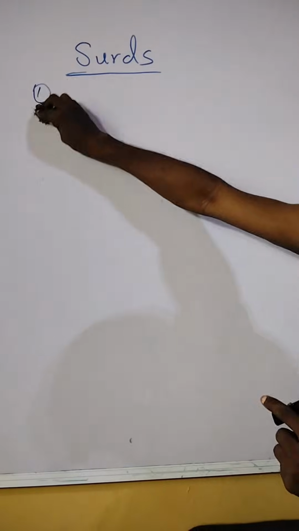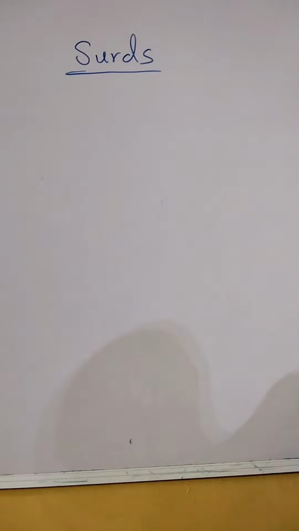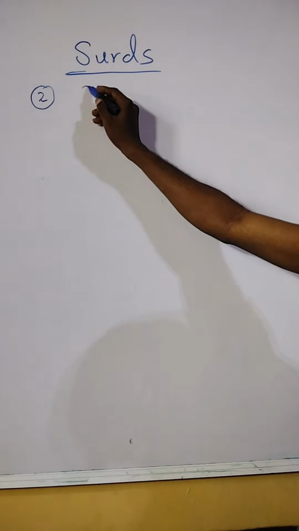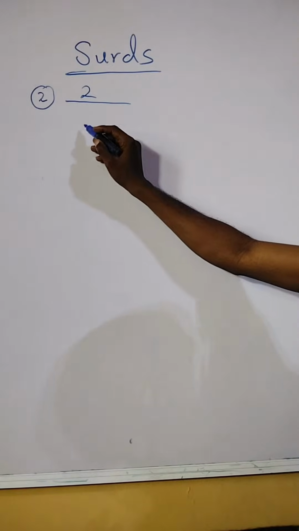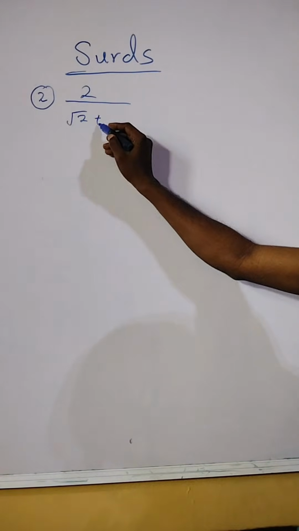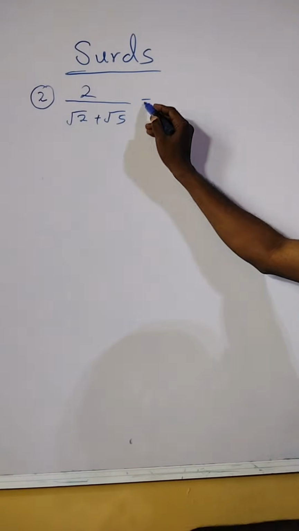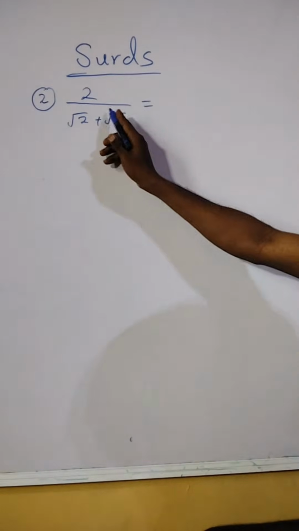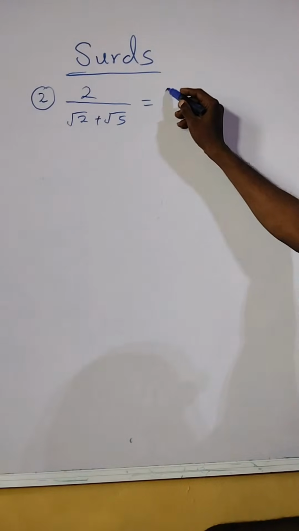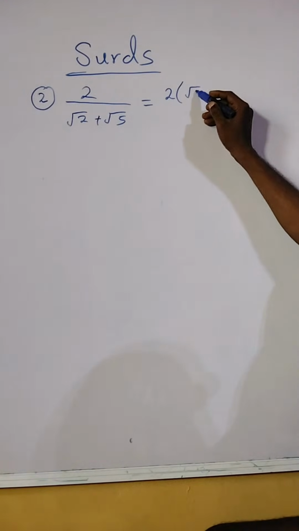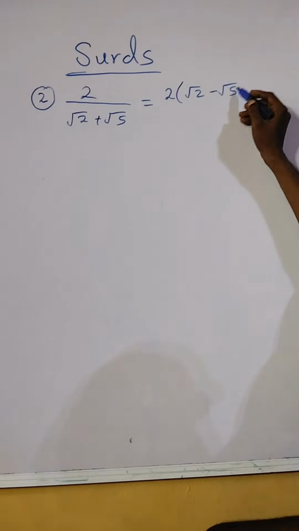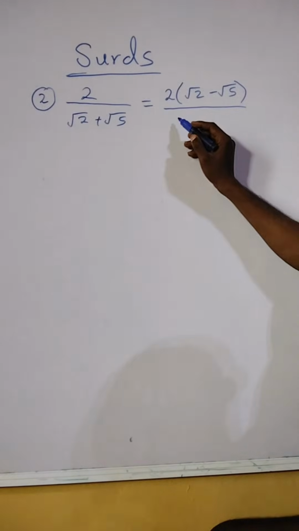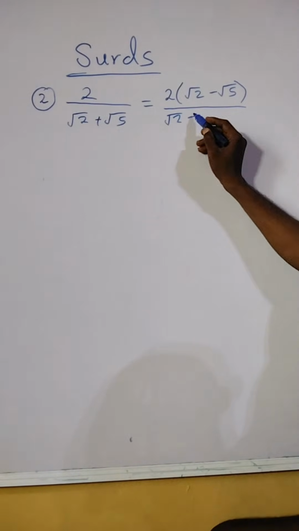From here, question number 2. We have to simplify 2 divided by root 2 plus root 5. From here also, we rationalize this surd, multiplying the numerator and denominator by the conjugate surd of the denominator. That is, here 2 times root 2 minus root 5, which is the conjugate surd here, divided by, also multiply this by the conjugate surd, that's root 2 plus root 5